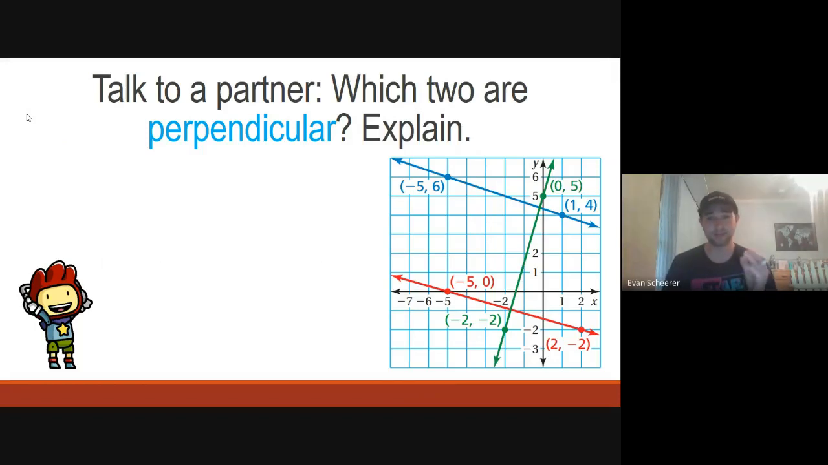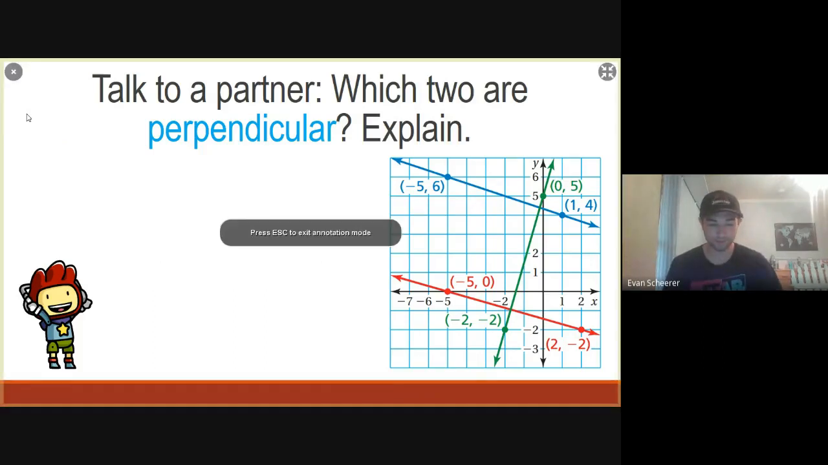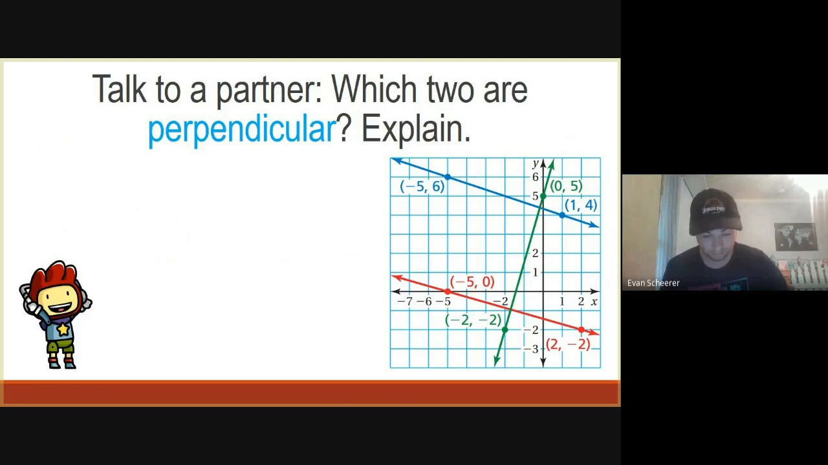So first, let's just find the slope of all three lines again, and then let's find the opposite reciprocal to find which ones are perpendicular. So what we're going to do, wait for this to load. First, I'm going to find the slope of the blue line, right? So here we go. If we find the slope of the blue line, then I'm going to do 6 minus 4